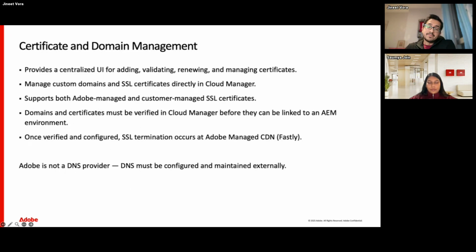Okay. So the very first step in configuring the CDN will be to look into certificate and domain management. Certificate and domain management has a centralized Cloud Manager UI for adding, validating, renewing, and managing SSL certificates and custom domains. We will see in the following slides what you can do in Cloud Manager, which will involve